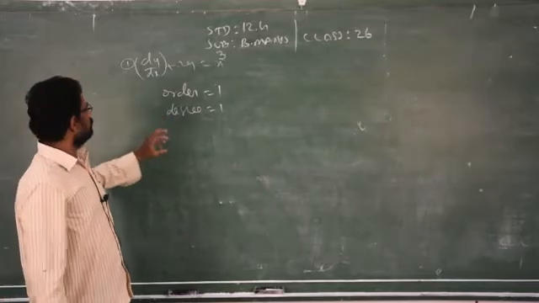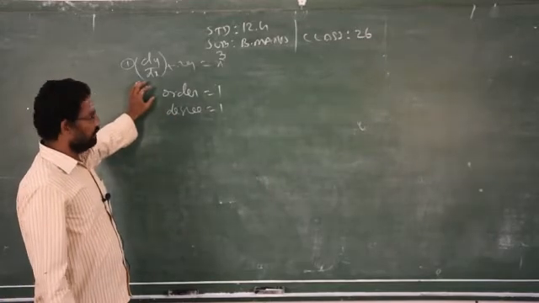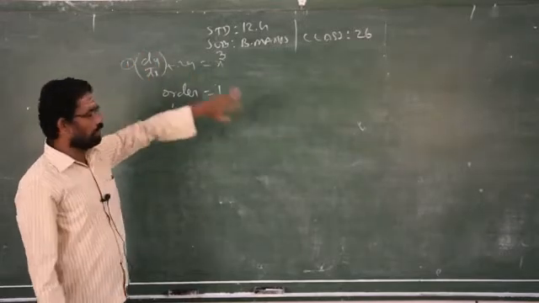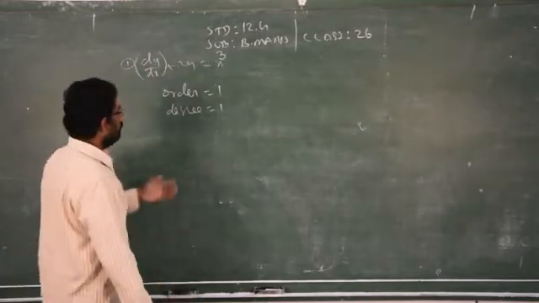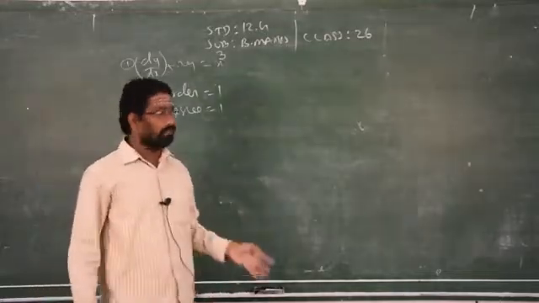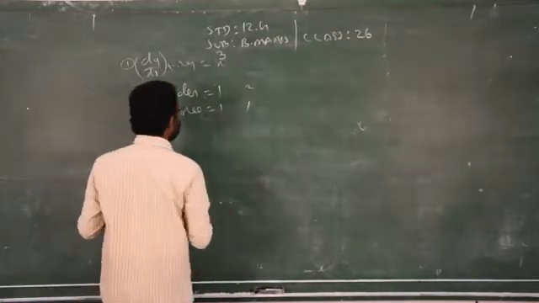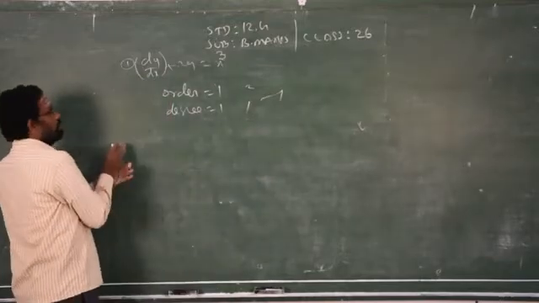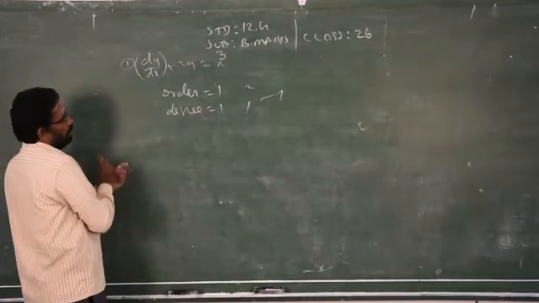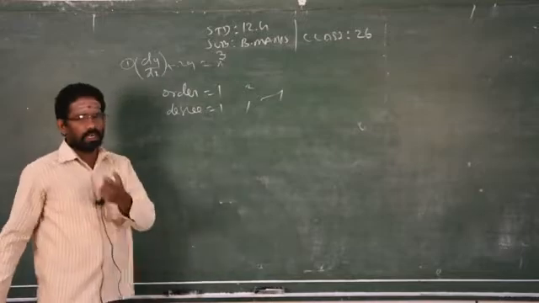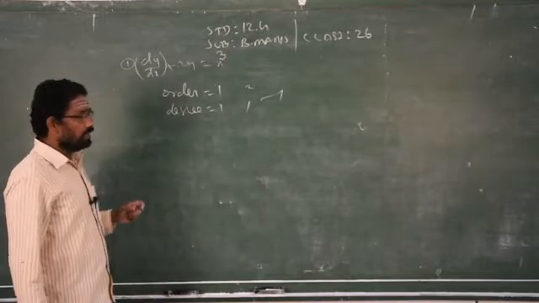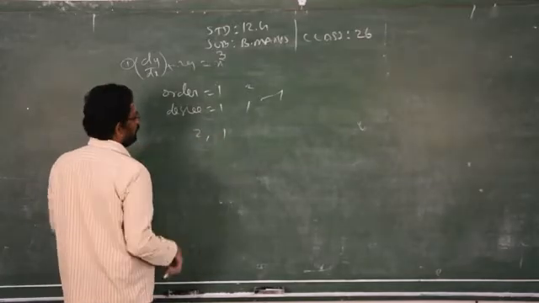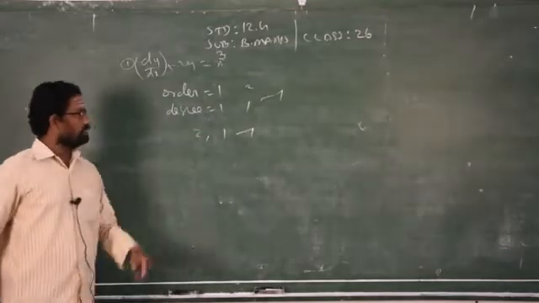See, in some more questions, they will not ask exactly what is given in the exercise. They may slightly change it. Find the degree and order. So, if it is 1, 1, your answer is correct. Sometimes you may have 1, 2. If the question says order and degree, your answer is correct. But when the question is like that, find the degree and order, if you write 2 and 1, then your answer is wrong, because the question asks degree and order. First you have to write degree, then order, then we will get the correct answer.